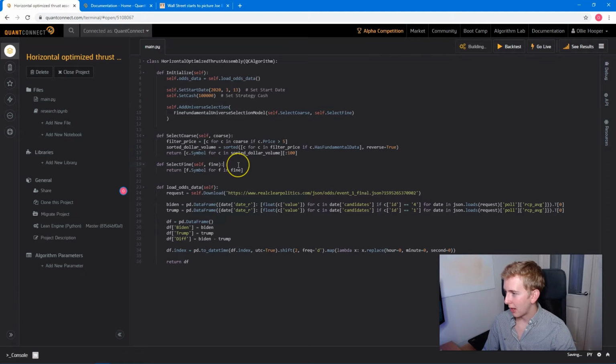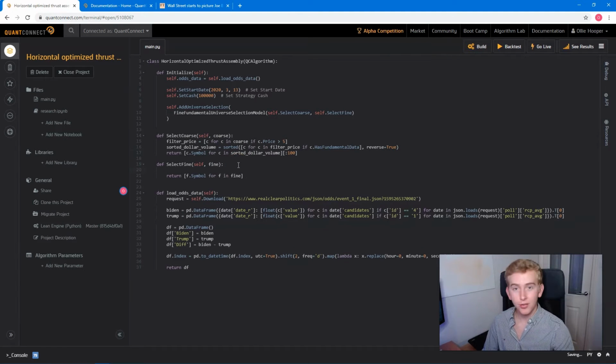Now let's move on to our fine selection. So here, this is where we're going to be setting up our healthcare stocks and our high earnings per share stocks. So we also want to create separate lists for high earnings per share stocks and healthcare stocks. So we're going to make this an attribute of our algorithm. So let's do self.healthcare equals, and so it's going to be F for F in fine if, and this is where we need to